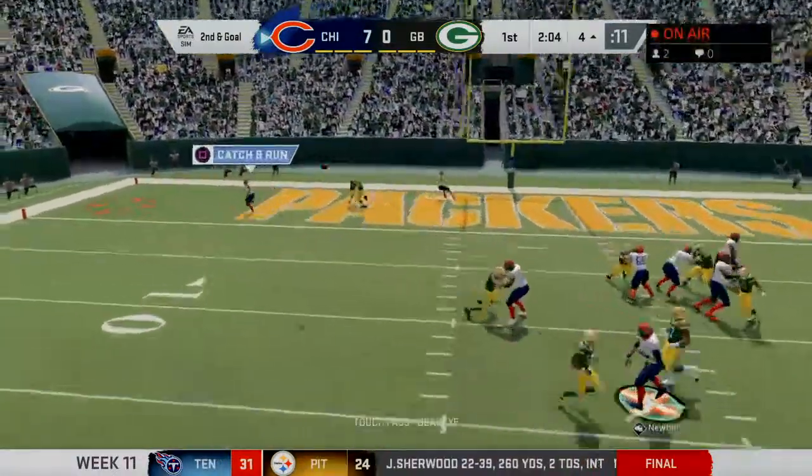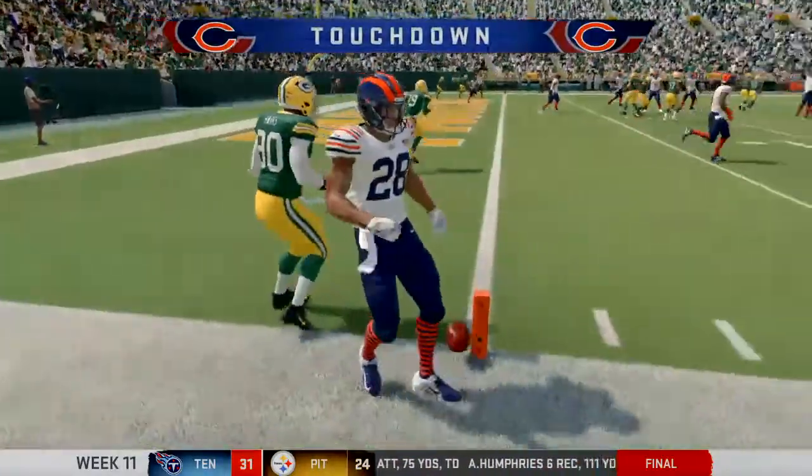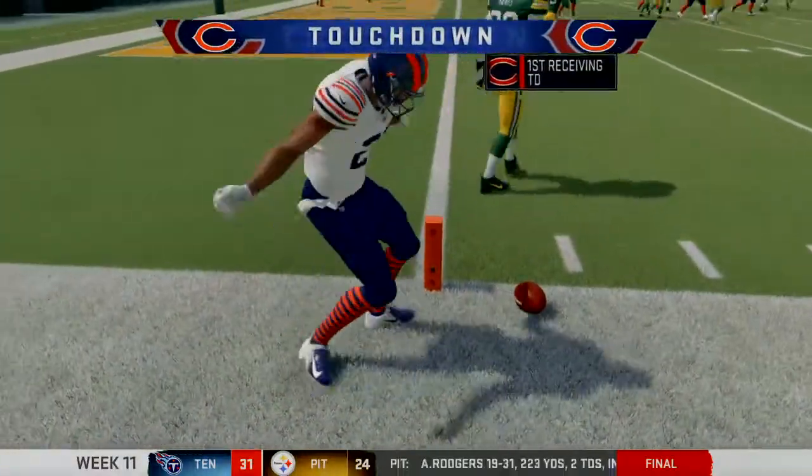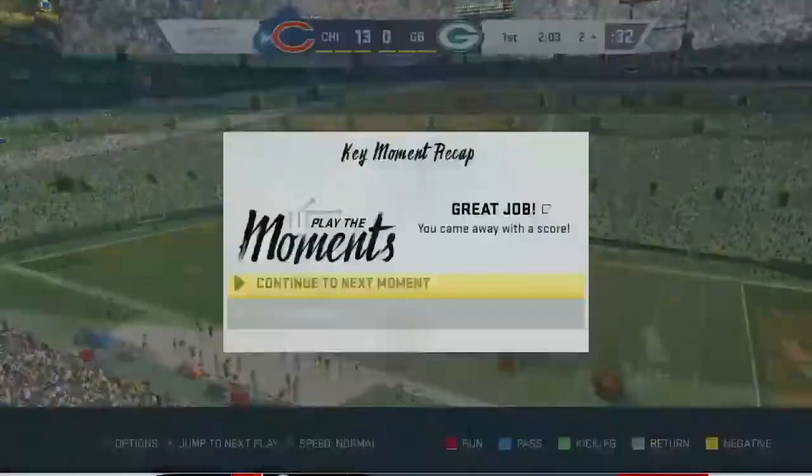Newton now to throw. Got his man, and it's caught for a Chicago touchdown. Cam Newton now with 2 first-quarter touchdown passes as the Bears...